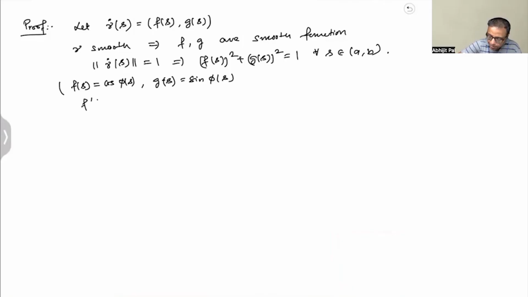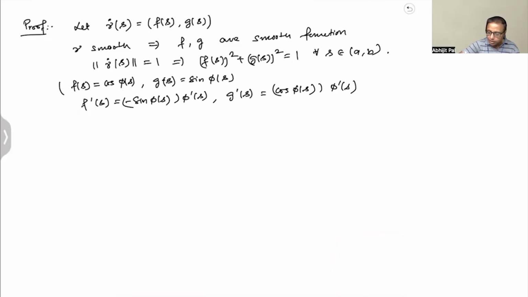So f prime s is equal to minus sine phi s times phi prime s, and g prime s is equal to cos phi s times phi prime s. Okay, so now from here, this phi prime s is equal to, so what we can do here,